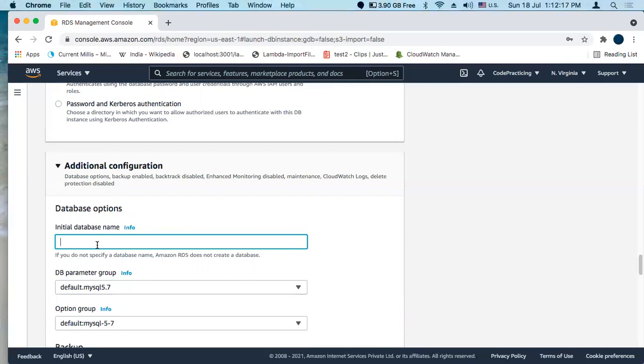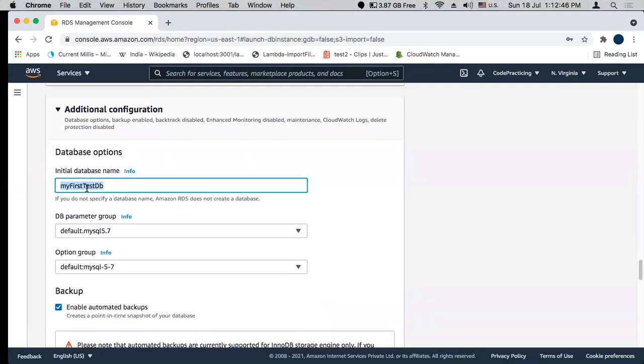So by default, we will have one database if we provide the name here. So we'll give a name to our database, like my first test DB. This database will be created after creation of our instance.